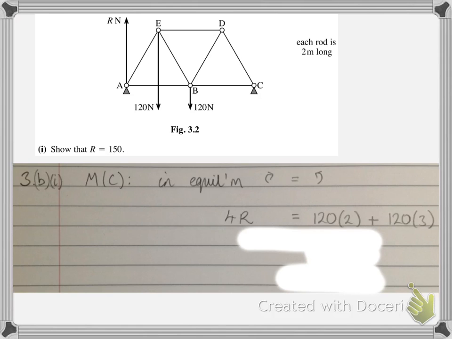So we've got 4R, so 4 is the distance from C, that's the perpendicular distance of the line of action of the force, and these are 2 metres long, so we've got 2 there plus 2 there, so that's 4 times R, and that's balanced by the other two forces, so we've got 120 times the distance of 2, and then we've got 120 here, and then the perpendicular distance from that force to C is 3 units. So we've got that 4R is 120 times 2 plus 120 times 3. So if we rearrange that, we get R is 120 times 5 divided by 4, that's 600 over 4, so